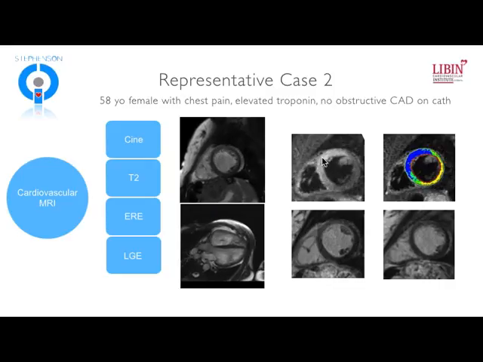If we look at the tissue characterization, we see a very clear area of increased T2 signal in the anteroseptum. And this is in a very classic distribution for LAD territory. In fact, you can see the LAD, the vascular bundle, right here. And the pattern of enhancement that we see on late gadolinium enhancement is not really that of a subepicardial process, but really just a diffuse speckling of the myocardium. And this is very common with transient severe ischemic injury.